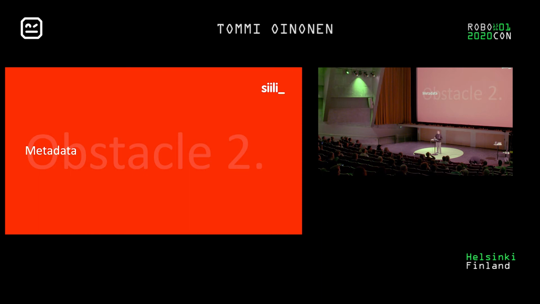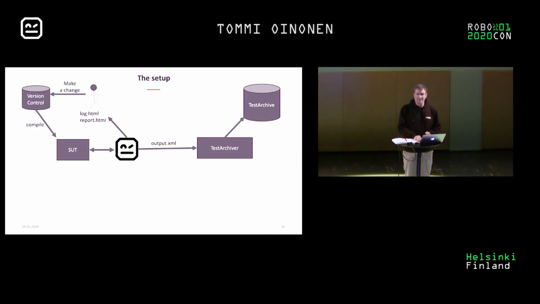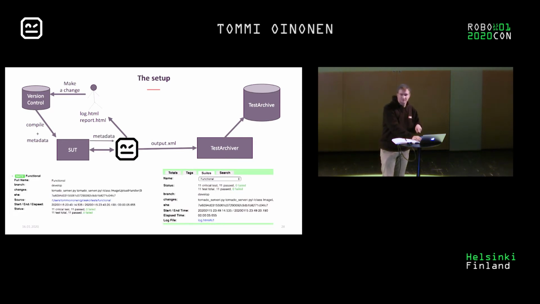So we need metadata, and this is one obstacle that you also need to get past. So what kind of metadata? Everything. Especially the easiest thing that you can do is what I did. I added metadata about which Git version, with which Git hash, was the software that I was running, what was the branch. Actually, I'm listing what were the changes. And if I put those alongside the metadata, put that with robot files, because you can just add arbitrary metadata